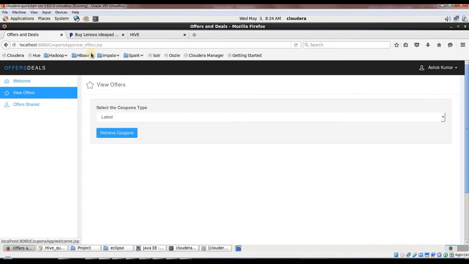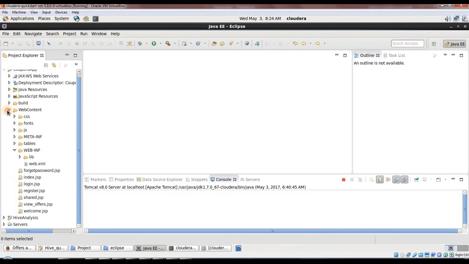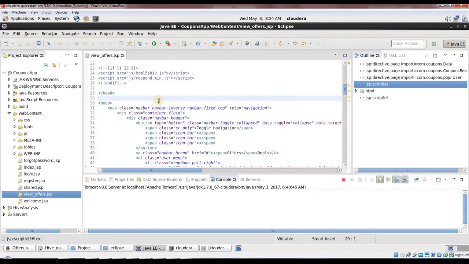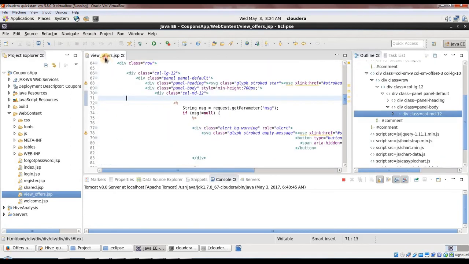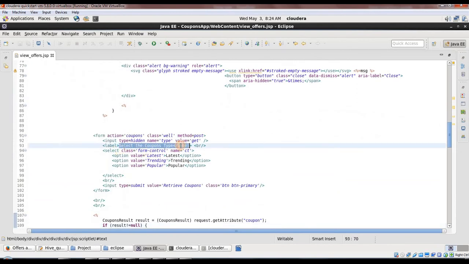on view offers, it will take me to viewoffers.jsp. So we will have to open viewoffers.jsp. We know that all JSP will be written inside web content. Here it is, viewoffers.jsp. So there you should start searching for a form tag. Okay, where it will ask us to select the coupon tag type, and on clicking on retrieve coupon submit button,